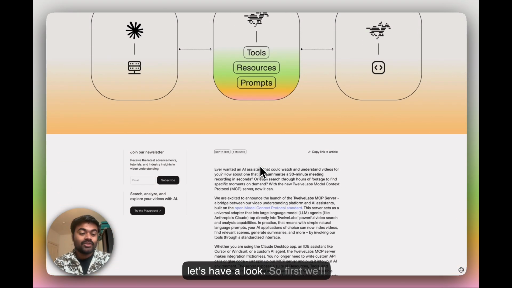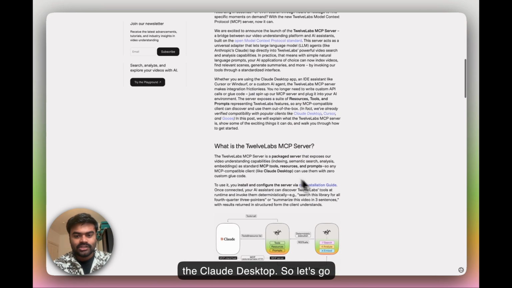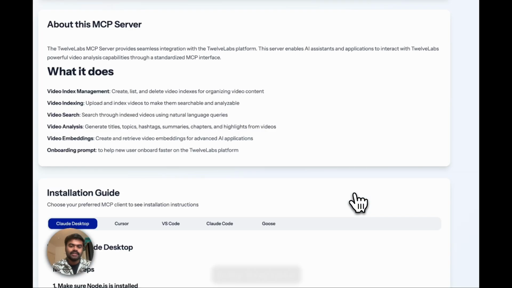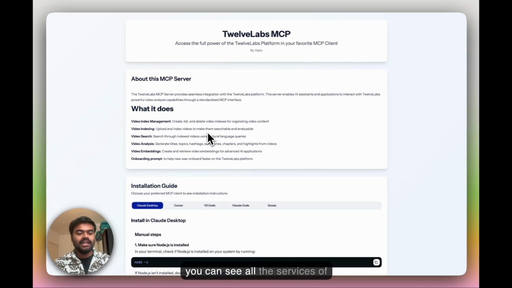So let's have a look. First, we'll configure TwelveLabs MCP into the Claude desktop. So let's go to the installation guide. Here in TwelveLabs MCP, you can see all the services of TwelveLabs can be found, with the video index